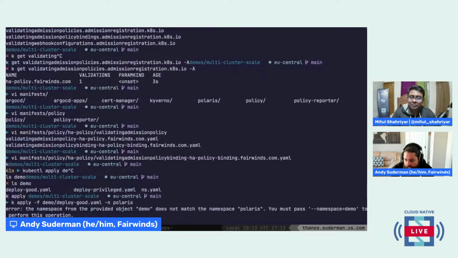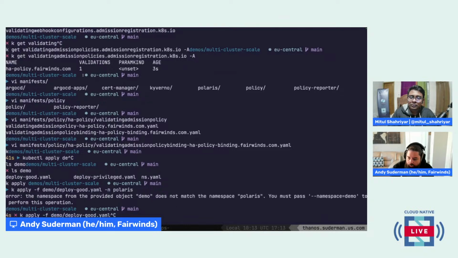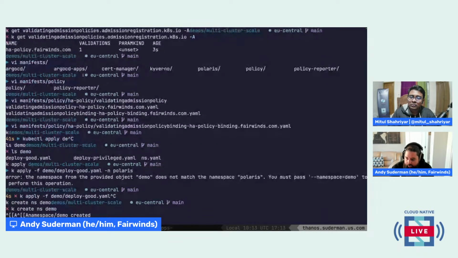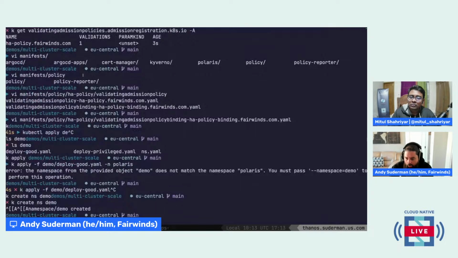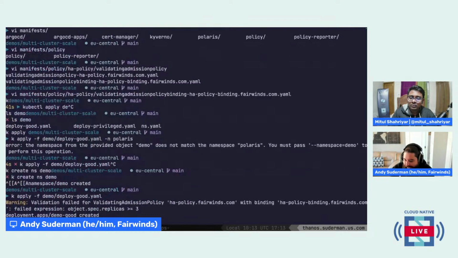And what we're going to see, oops, can't do that namespace. That's all right. We're going to create the namespace demo, and then we're going to apply that manifest into the demo namespace. We are going to see a warning come up from our admission controller, hopefully.